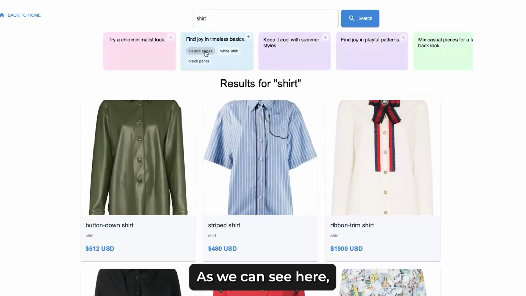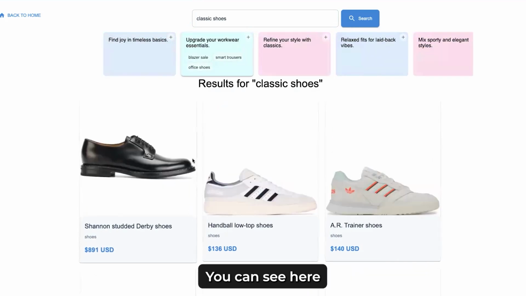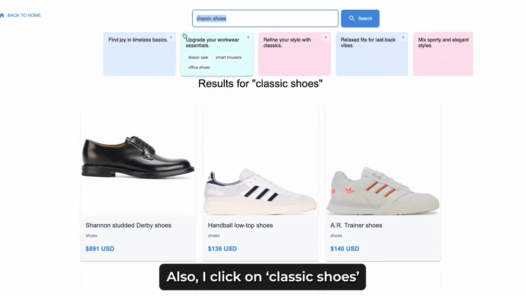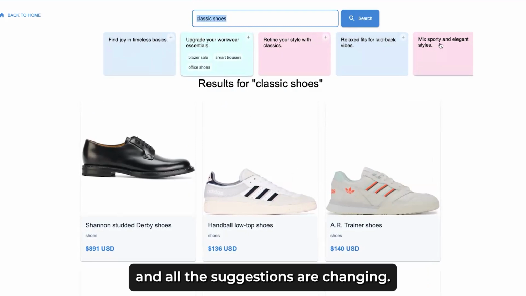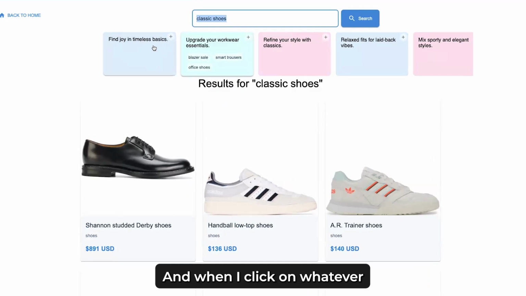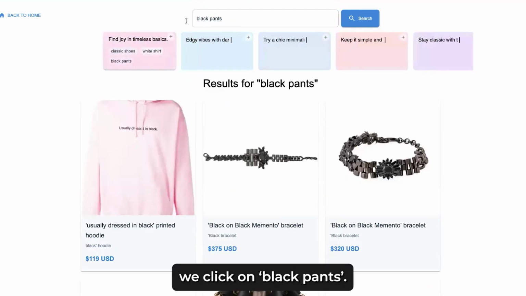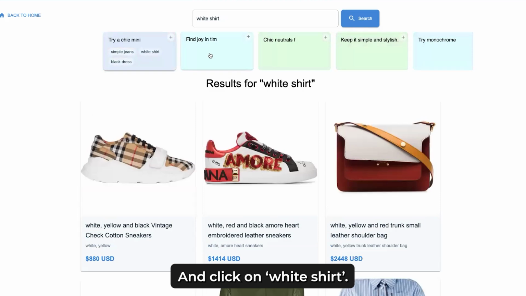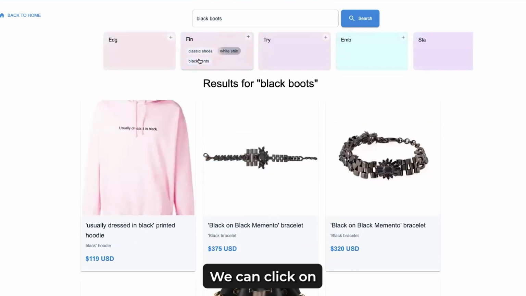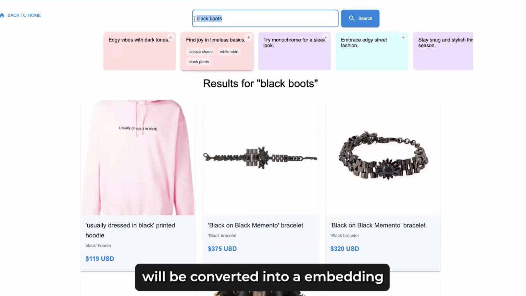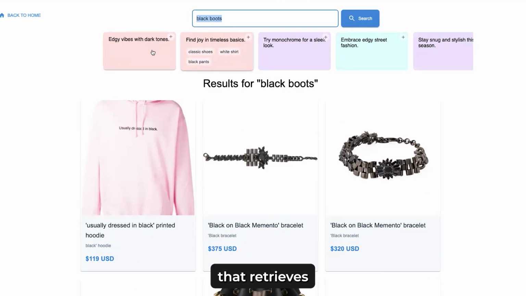As we can see here, I can click on "classic shoes". You can see here the different products that we have. Also, when I click on "classic shoes", all the suggestions change when I click on whatever query we have on the search bar. We click on black pants, we can click on white shirt, we can click on, I don't know, whatever query that you want,